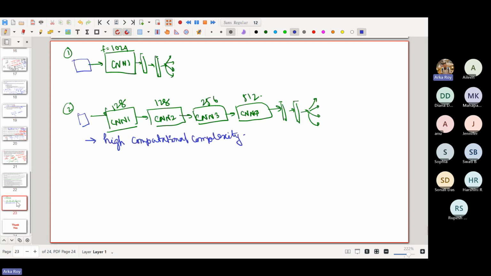Okay. So another question, let me ask. For example, which of these cases is actually able to extract a wide variety of features? Which of the models basically can extract a wide variety of features? Is it model 1 or model 2? Model 2, sir. Yeah, model 2 can extract a wide variety of features